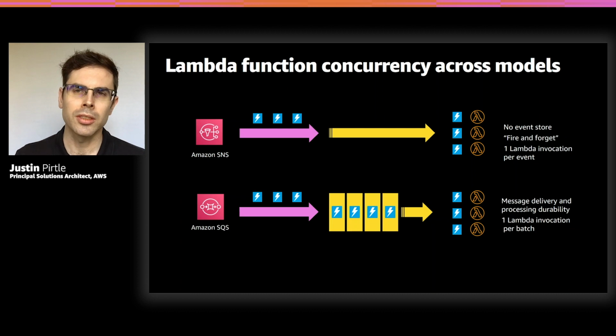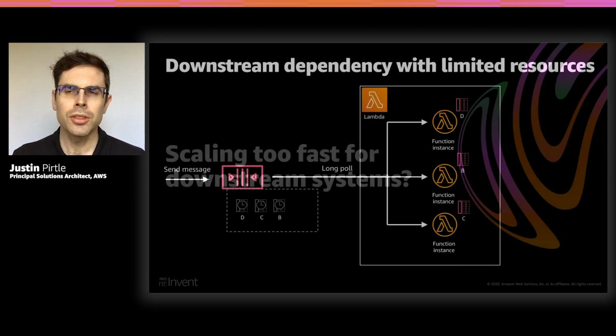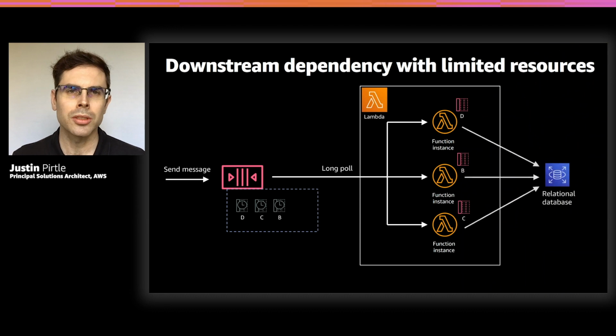With a service like SNS, let's say you were sending messages too quickly. Well, what if you have an issue with a downstream system like a relational database? In this example, we have 3 function instances shown, but imagine it were 300. 300 independent connections could be going on to that relational database. You could overwhelm the connections and basically implement back pressure where that service could fall over. And so for these reasons, there's a powerful benefit when Lambda is paired with an SQS queue to be able to rate limit the function consumption.